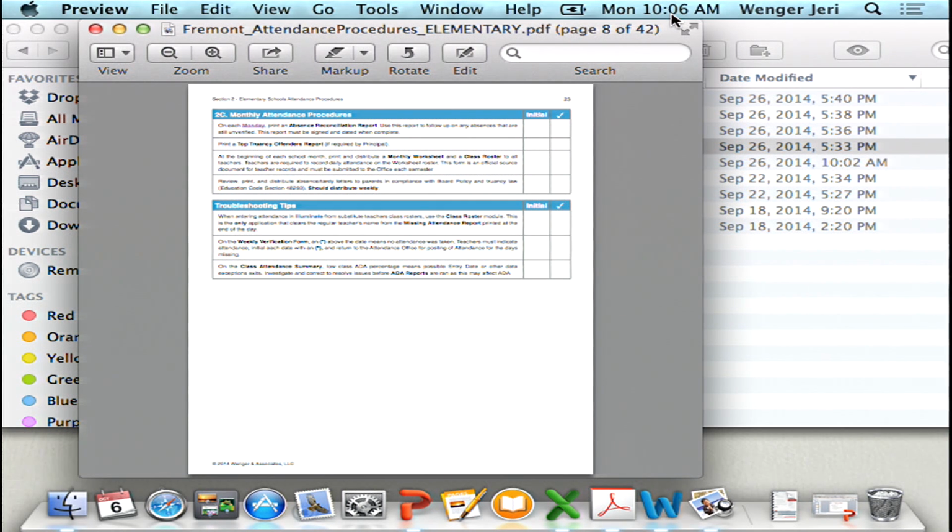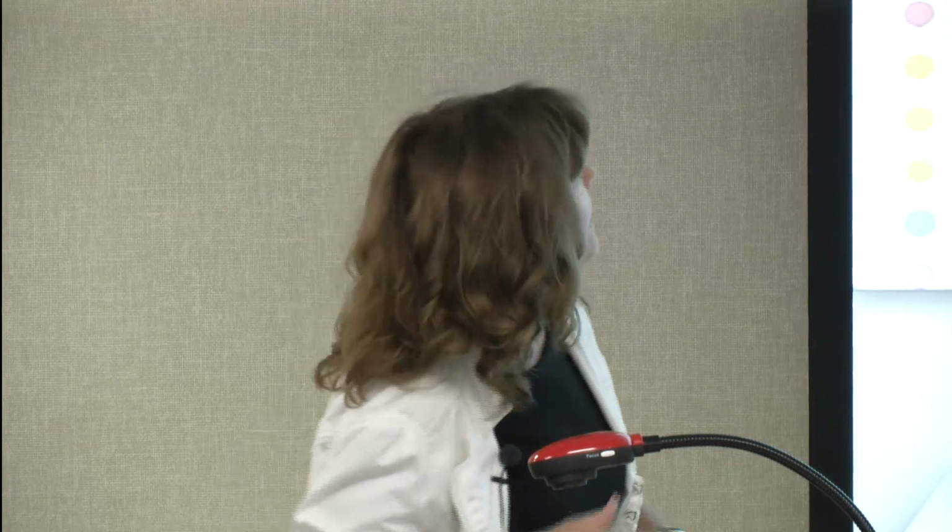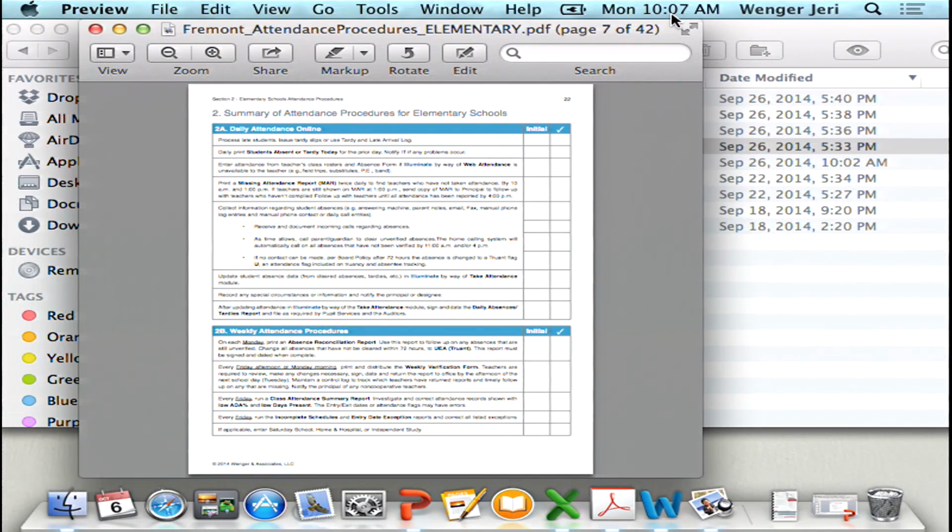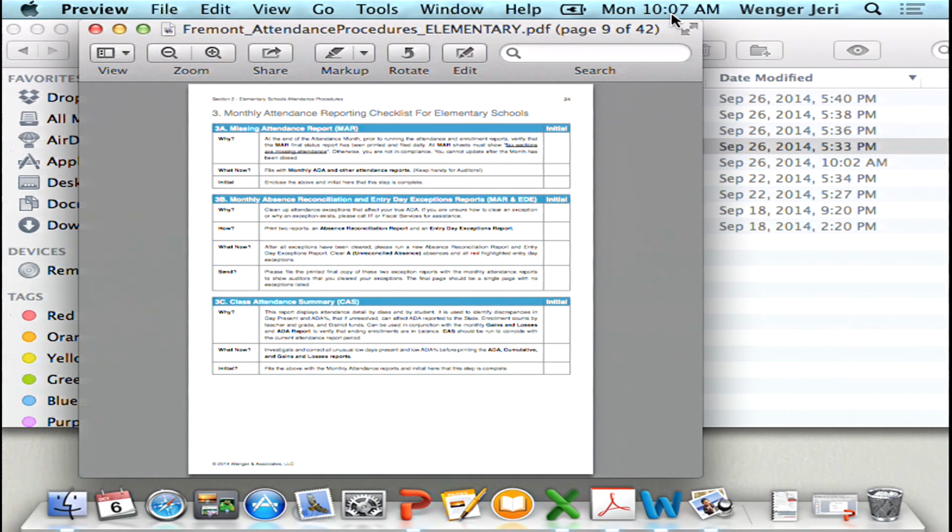Things that will be helpful for you, we can add to the troubleshooting tips to make it easier for everybody, as we get more involved with what you would like to know about how to resolve these issues that come up infrequently, and we'll make sure we include those. This detailed one, oh, I went backwards. So this specific one, when you get on page 24, because your monthly process is more detailed,